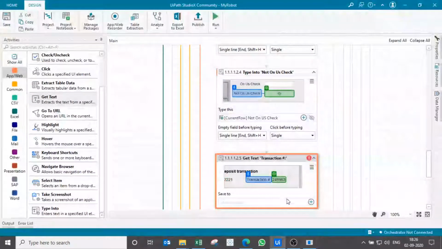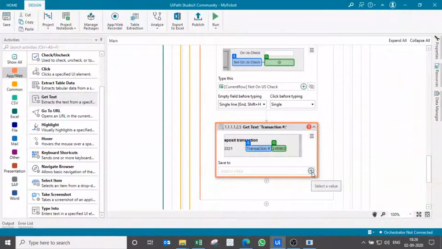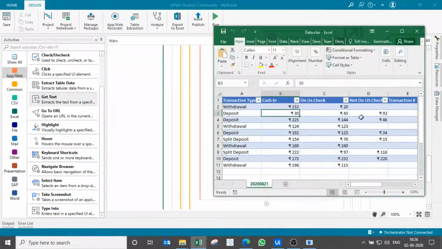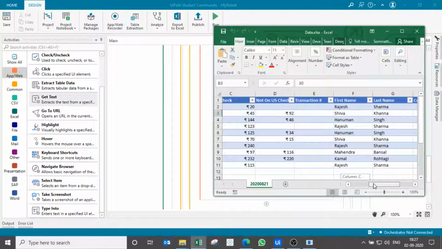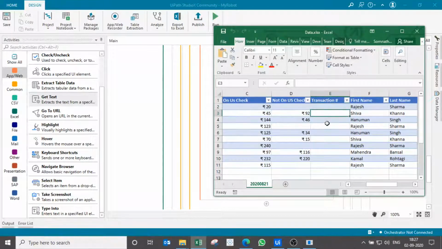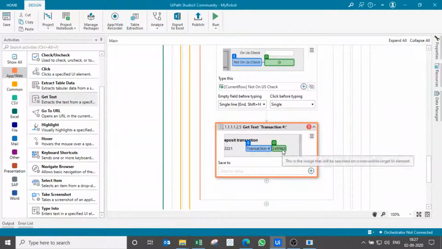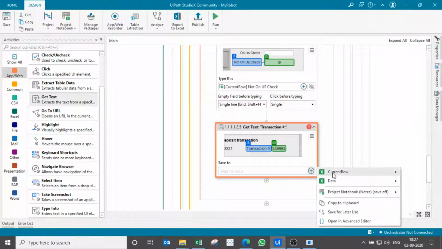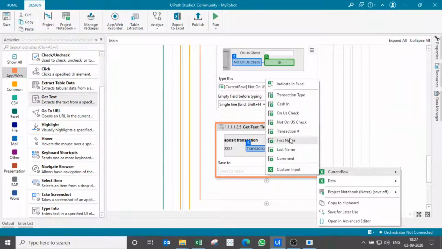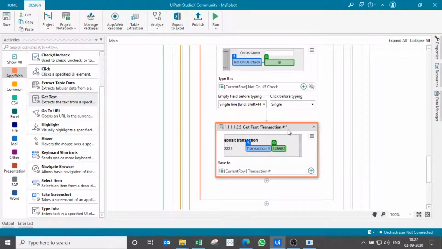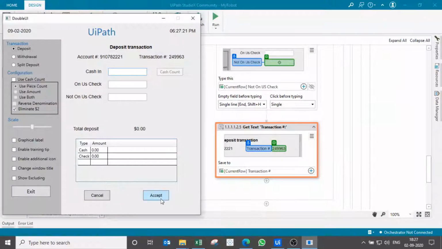Click on it, and we want to save this transaction ID on our Excel file at this place in this column. So what we'll do, we will save to current row and then in the transaction column, and then the last step was to click on the accept button.